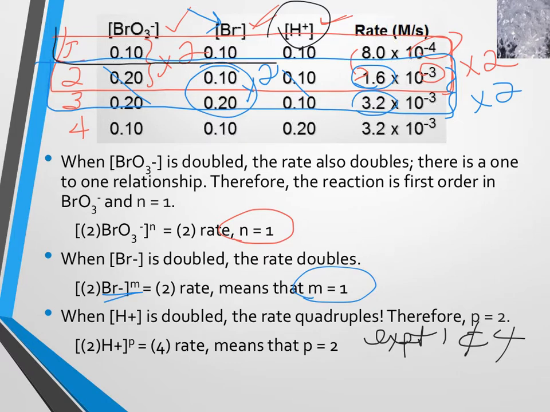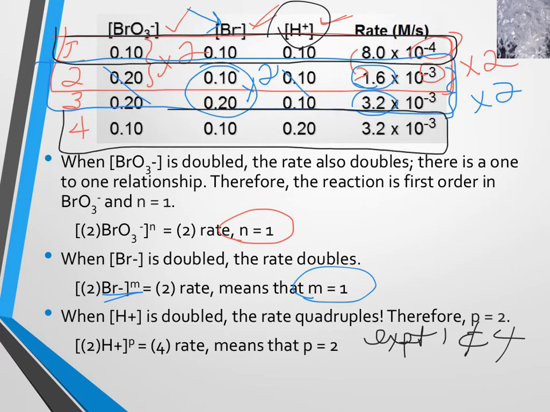So the first one up here and the last one. As you see, the concentration of the hydrogen ion compared between 1 and 4 is changed by a factor of 2. The others are held constant. Bromide ion is constant between 1 and 4, and so is bromate. And so what has happened to the rate